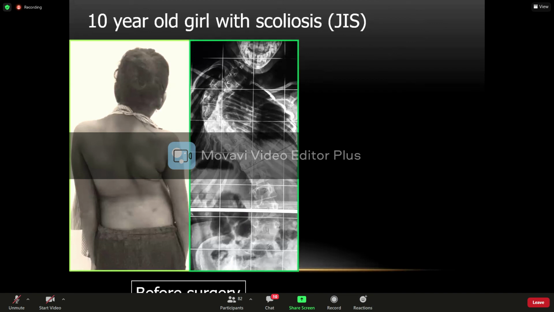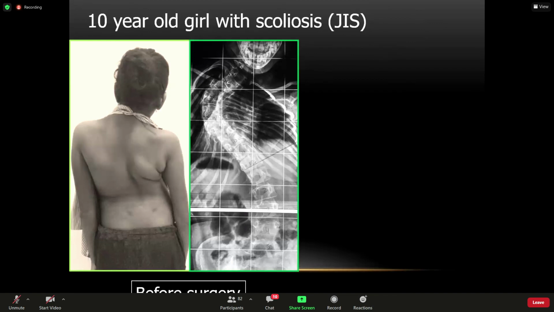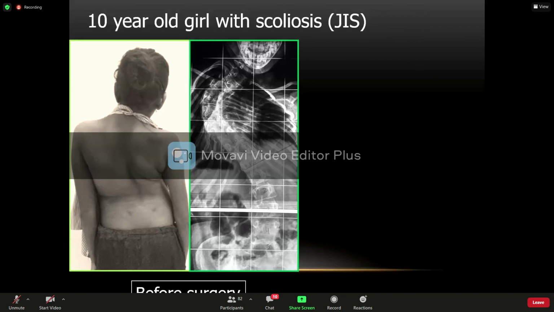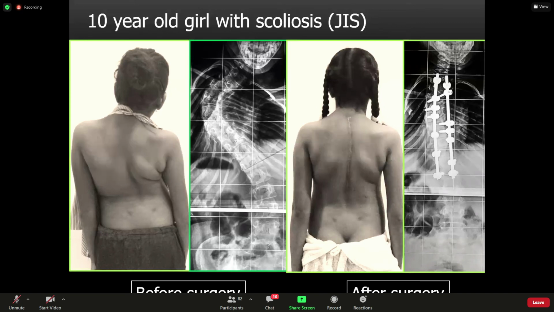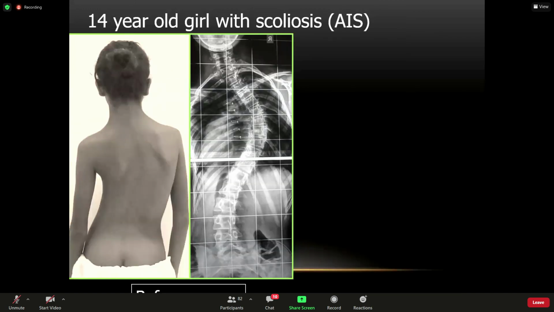So I'm going to show you some pictures of children and what is done for scoliosis in children above the age of 10. This is a 10-year-old girl who came to us with a bad curve, a 90-degree curve, and the shoulders were at unequal levels. The waist asymmetry was present, and this is what she looks like after surgery. So shoulders are level. She's got good waist creases and good correction. So that's a 10-year-old girl.